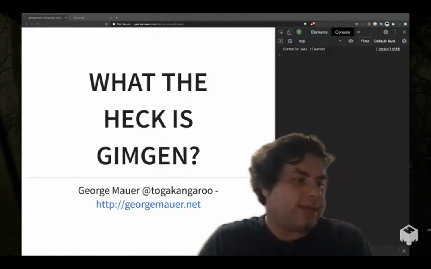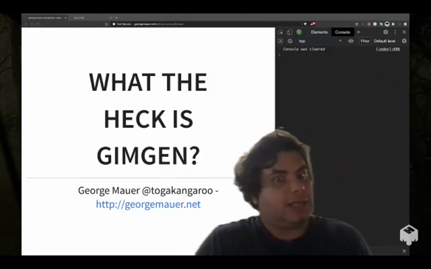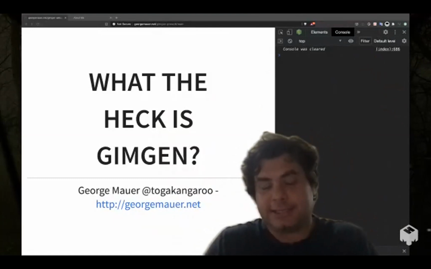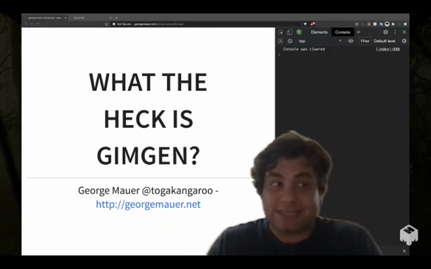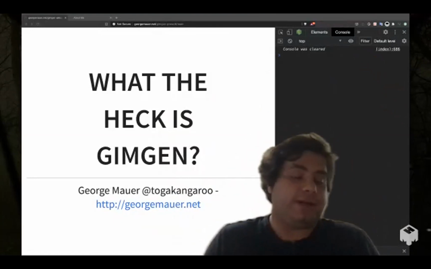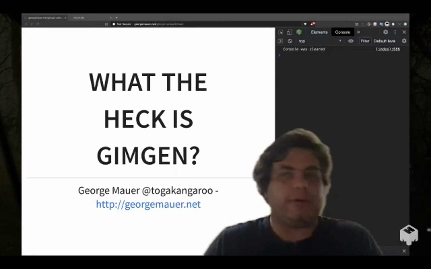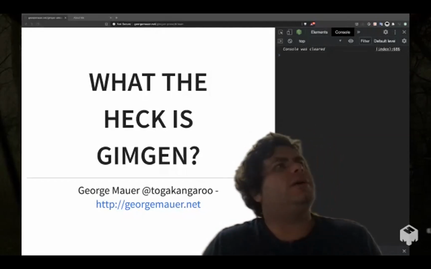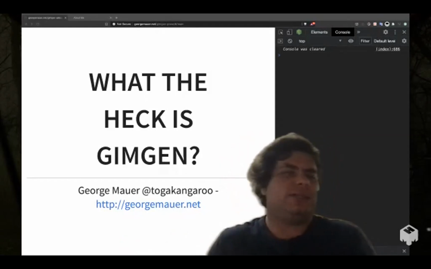So JavaScript has this feature called generators. And I find it's not super well understood, but it's fascinating. It's really, really useful. In fact, it's not just JavaScript that has it. Most languages have some version of this feature under a whole bunch of different names. So in Python, they tend to be called iterators. In Ruby, I believe you have enumerable.generate or something like that.